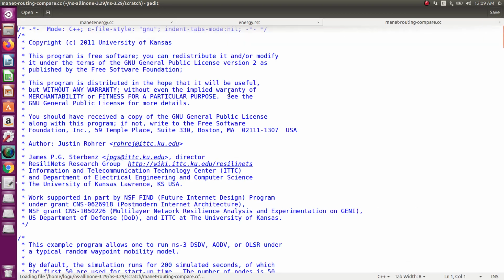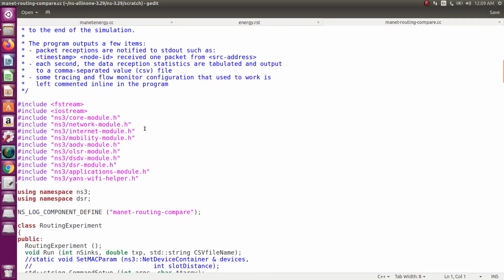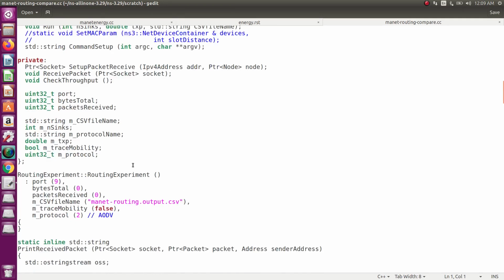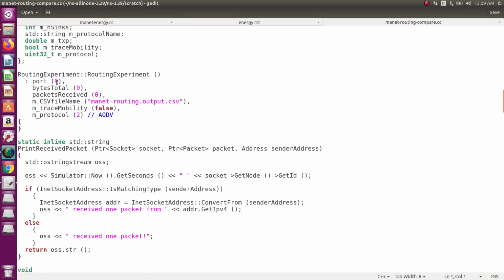In that MANET program we already know the port number is 9, and the default protocol is AODV, which is protocol number 2.